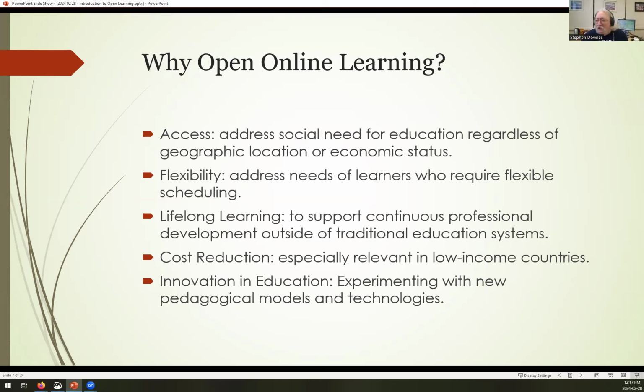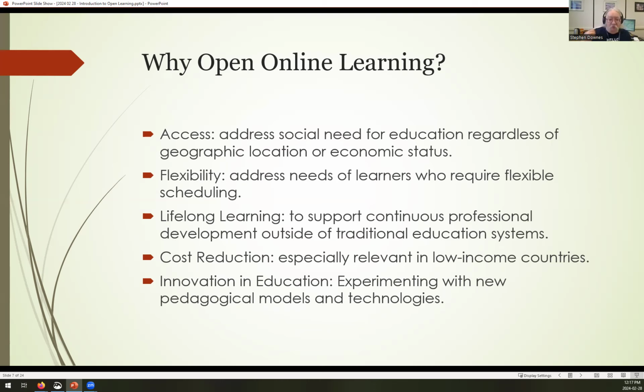In theory, open online learning also offers opportunities for cost reduction. And this is both cost reduction for providers of learning, like governments and institutions, but also especially for people attending learning. Ideally, it should be free.